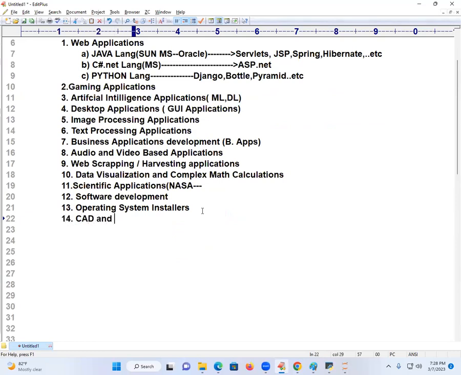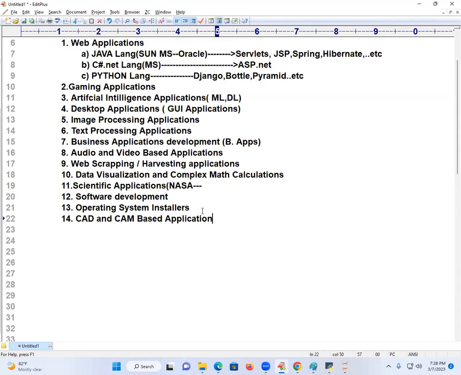CAD and CAM based applications. It is also one of the most important things nowadays, because in the automobile sector, CAD and CAM is used for structural engineering purposes. Mechanical students, CAD and CAM, 2D, 3D software are there. In all the big automobile companies, take Hyundai, take BMW, the spare parts are prepared with exact CNC cutting.